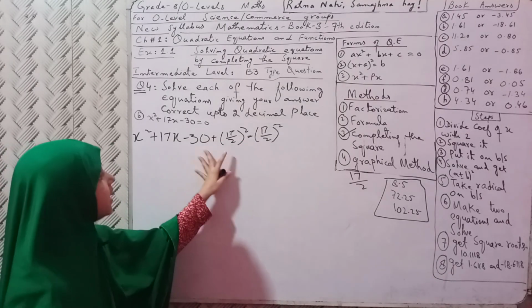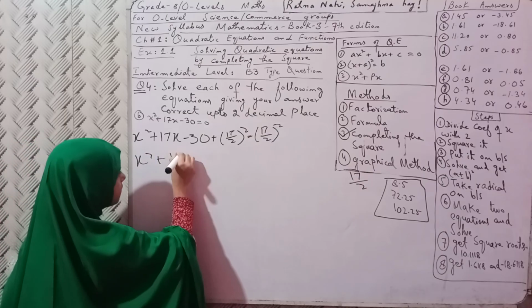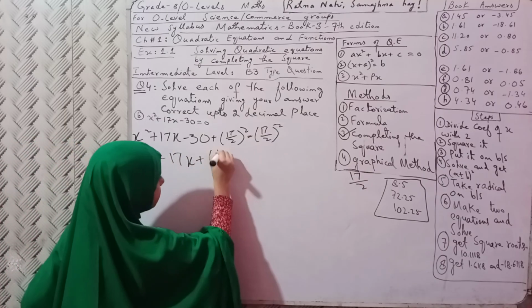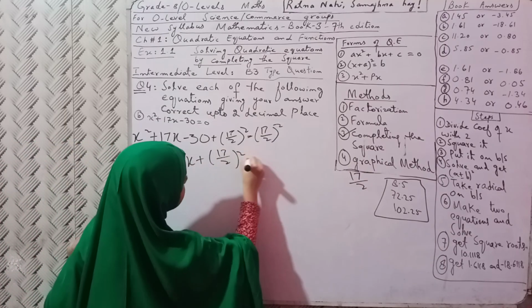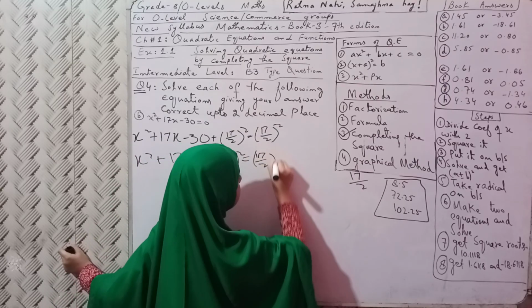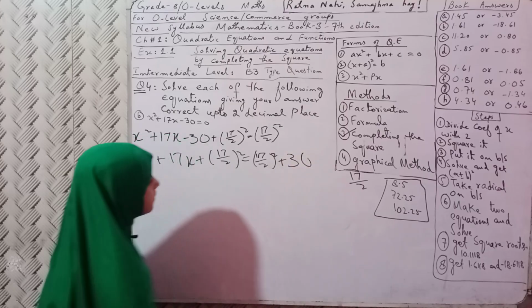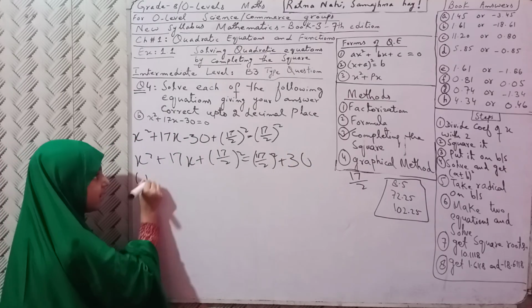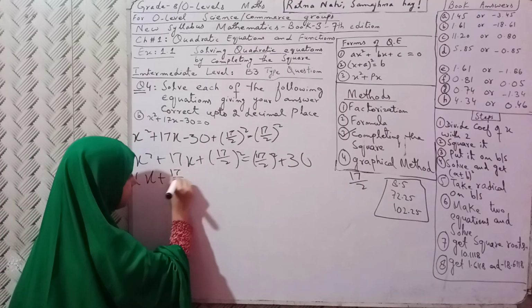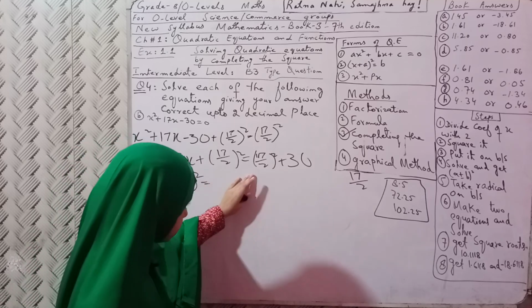This 30 will go there. 17x plus 17 upon 2 whole square plus 30. Then here will come x plus 17 upon 2 whole square is equal to